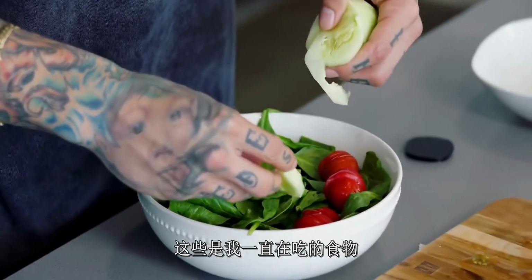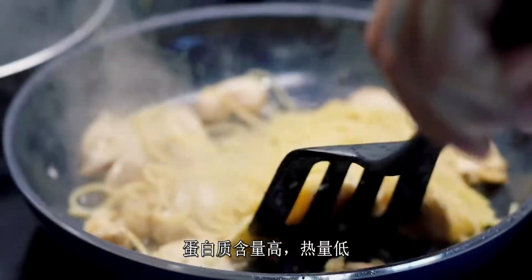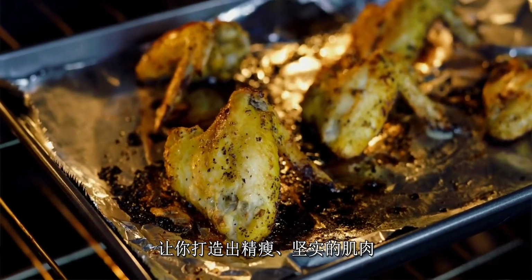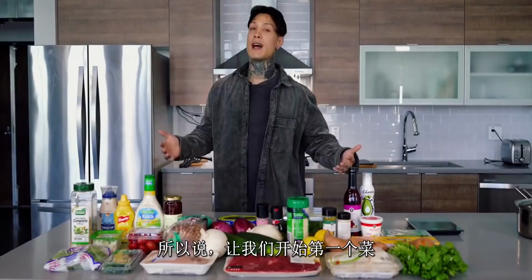And these are meals that I've been eating for the past couple of years, but no matter which meal you try, it's definitely going to be delicious, high in protein and low in calories to have you building some lean, solid muscle while simultaneously getting shredded. So with that said, let's get right into the first meal, one of my absolute favorites, steak with a Greek